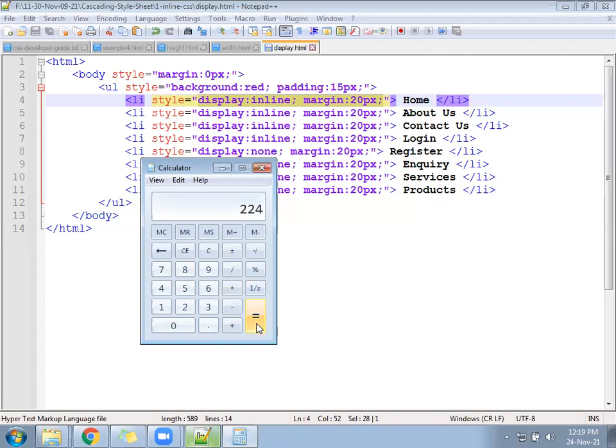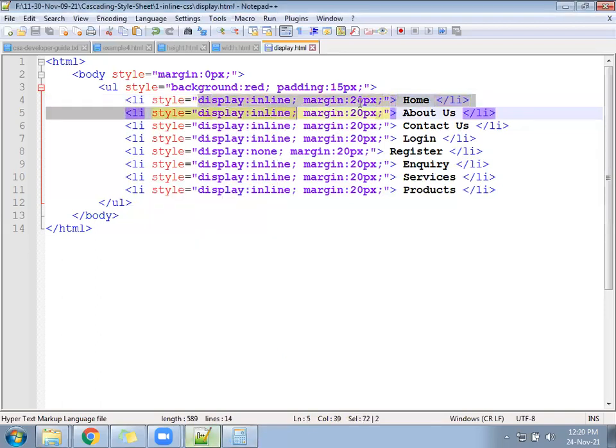Another method is the CSS internal method, external method, import method. If you write like this in one page, 224 characters, then your page will become slow. From the code itself your page will become heavy, while the content is somewhere else. Internal CSS is like this: in the current page, you write display inline and margin 20 pixel in only one place, and I will apply it for all the li, no matter how many li you have.